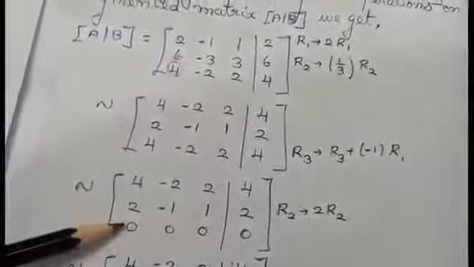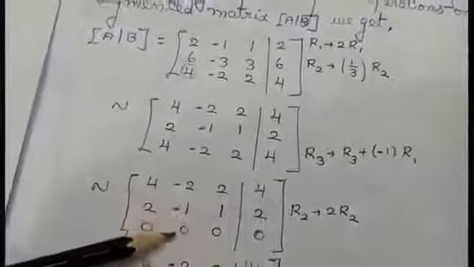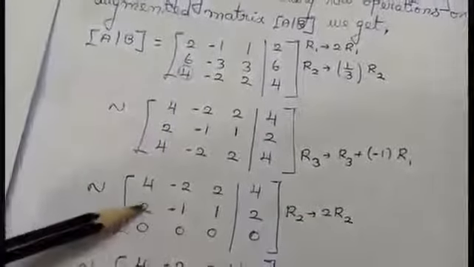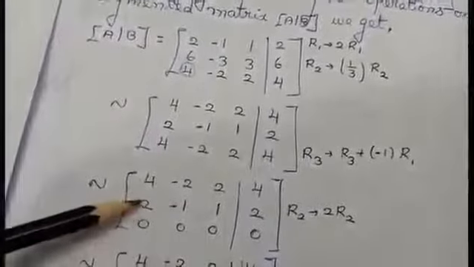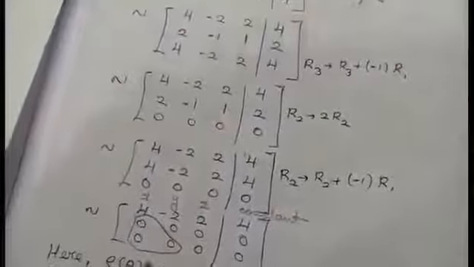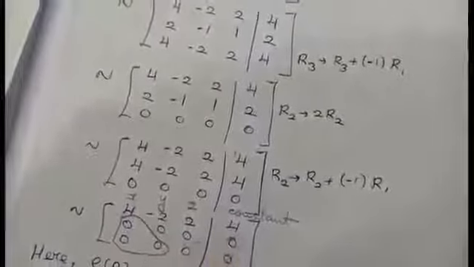Then I am targeting 2, or you can target this place. In this place I already have 0. I am targeting 2, and in the last stage I am getting the value as 0. If you see, I am getting it in the form of a triangle. And now remember one thing, this slash line represents that the first part belongs to A and the second part belongs to B. That is rank of A.